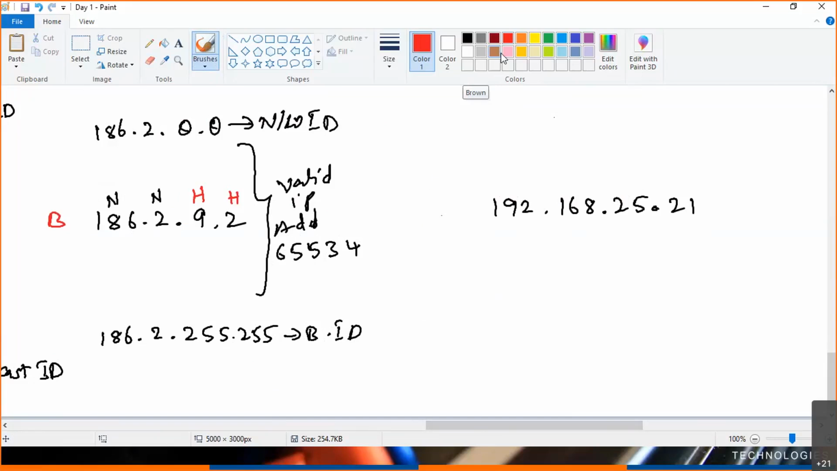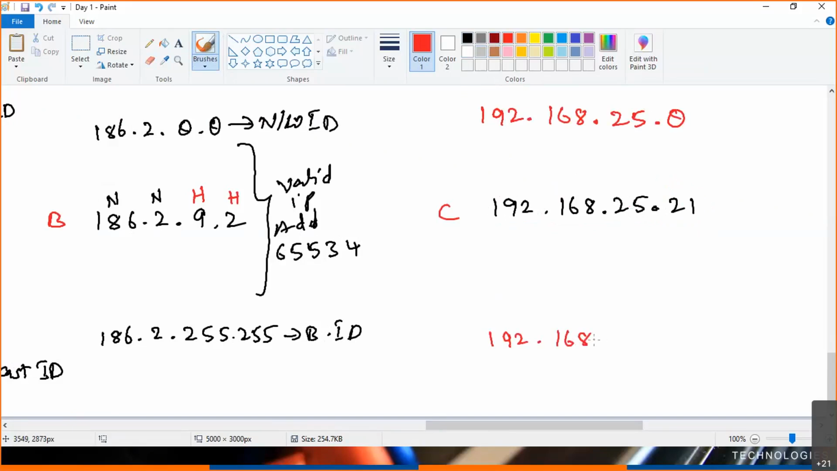192 is a Class C IP. In Class C, the first three octets are the network bits, and only the last octet will be the host. Perfect. 21 is the host. So 192 is in the Class C range. In that scenario, the first three octets are network, and the last octet with 0 will be the network ID, and 255 will be the broadcast ID. So 192.168.25.0 is the network ID, and